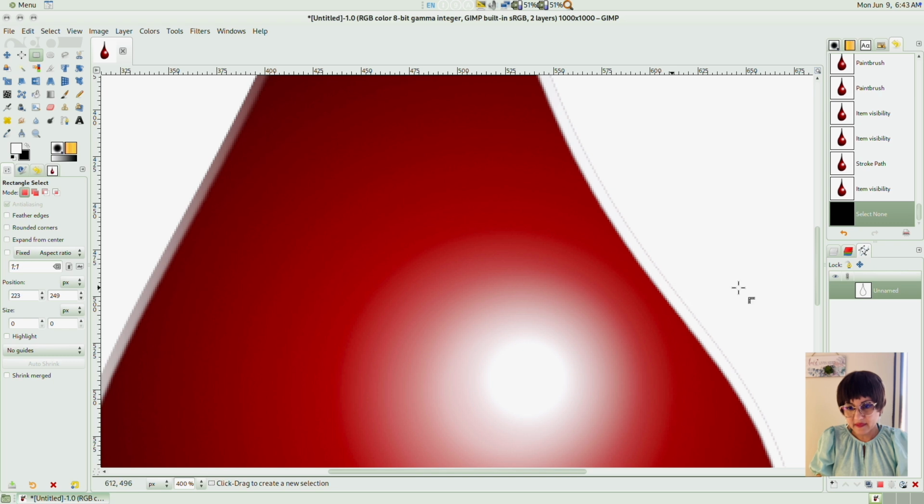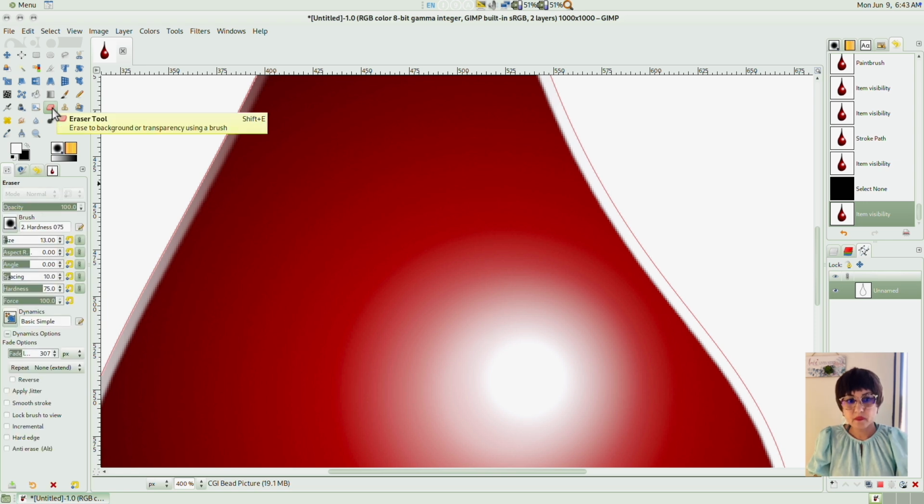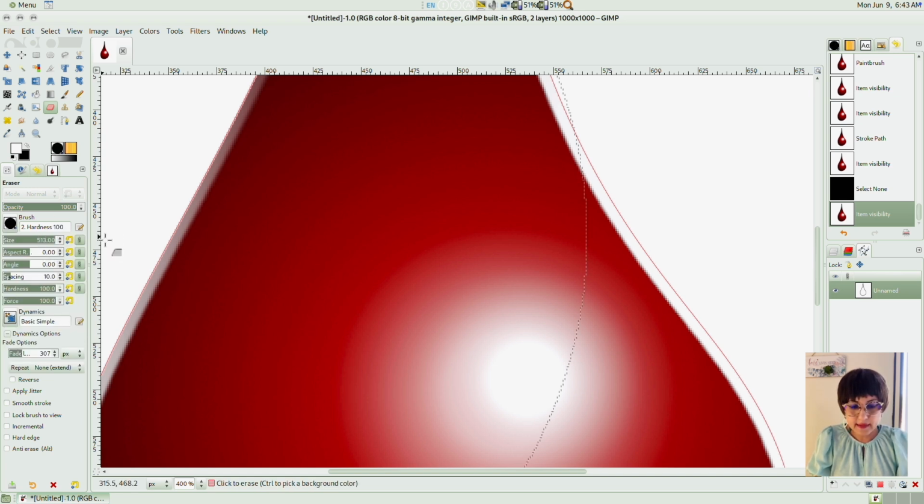Right there, see? Enable Pen Tool, Add, select, okay. Eraser. I could probably use the brush with hard edges. In a small size, size 4 I think should be sufficient. 4, enter, yeah.